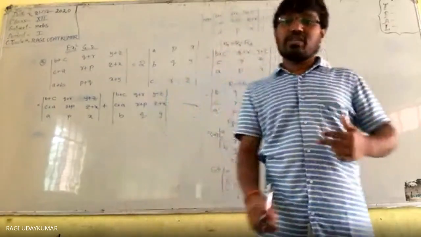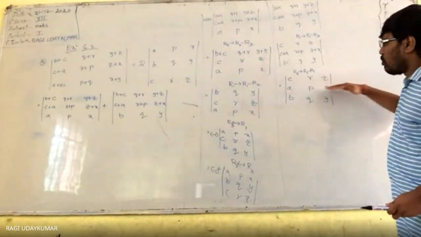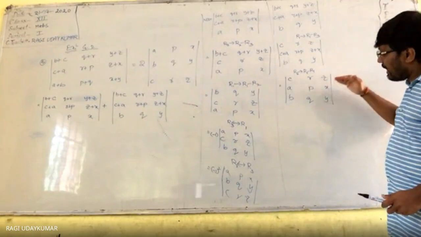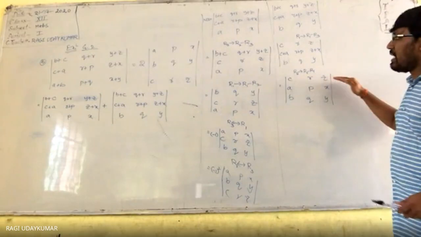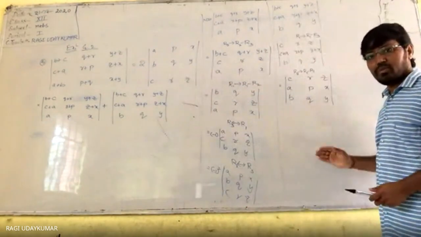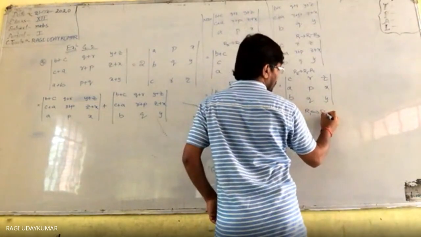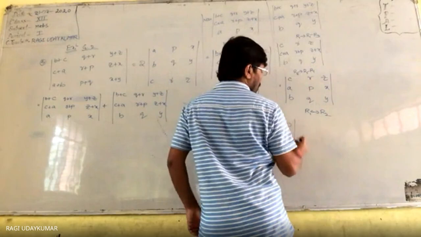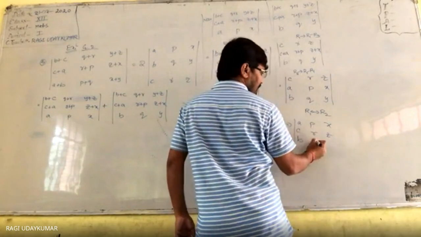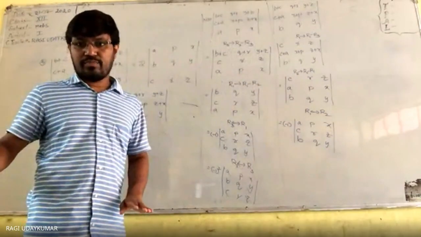Two times you interchange the rows because we need to take this row to here. So R1 and R2 interchange. Next, the second row should become CRZ, but the second row is not CRZ, the third row is. Again two times, one more time. So first step, R1 and R2 interchange. If you interchange, you are going to get A P X going up, C R Z in the second row, B Q Y third row as it is.